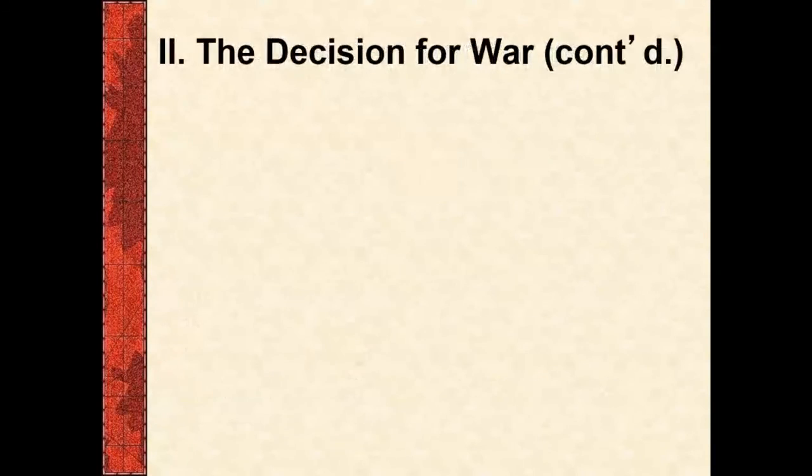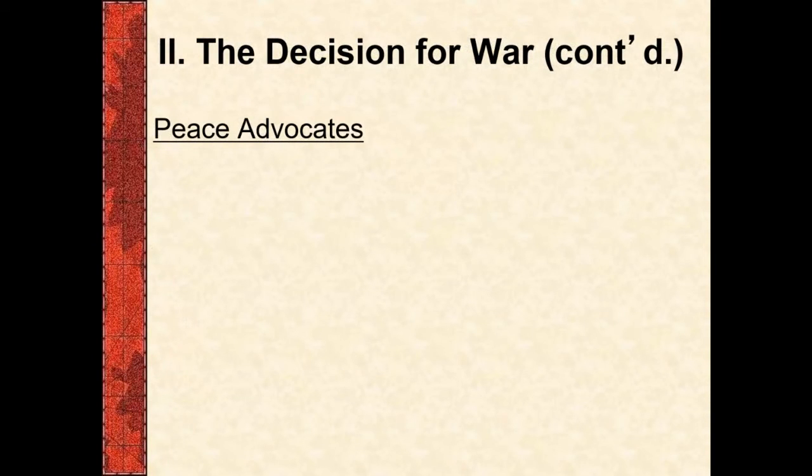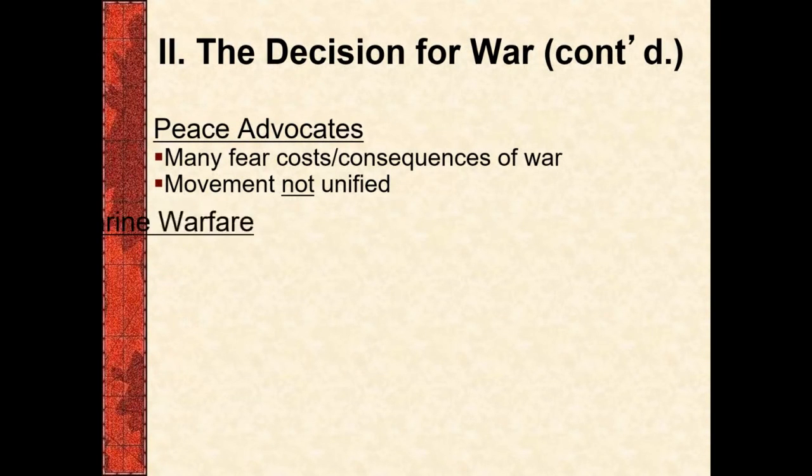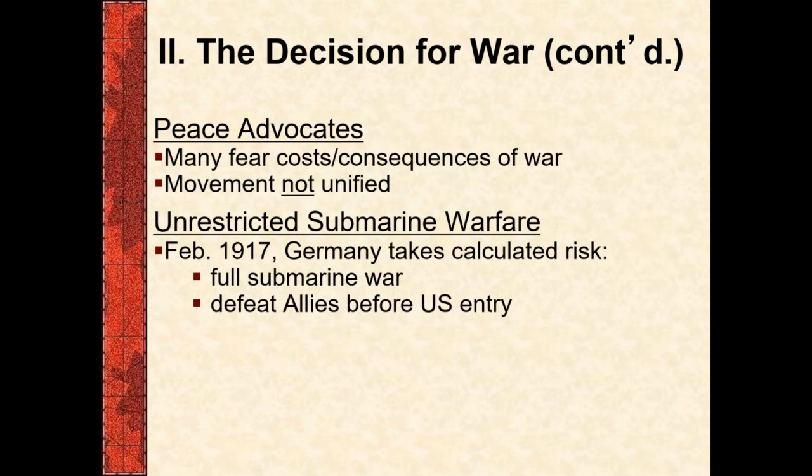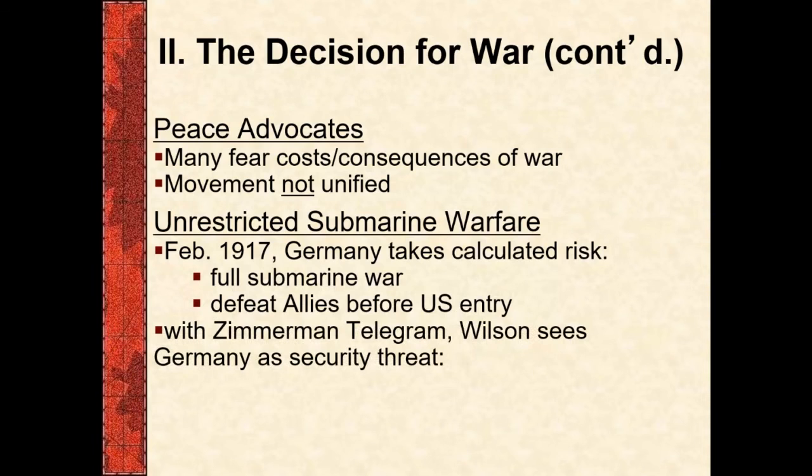Tensions are increasing across the board. Nobody is unified in not supporting the war. And in February, Germany comes out and says, that's it, full submarine war, unrestricted submarine warfare. The idea is that they do not want the United States supporting the Allies. Now, and this will be the last thing we talk about today because I know we're short on time.